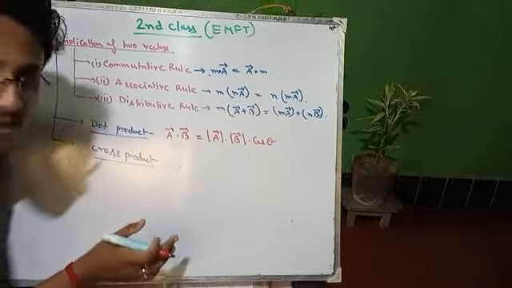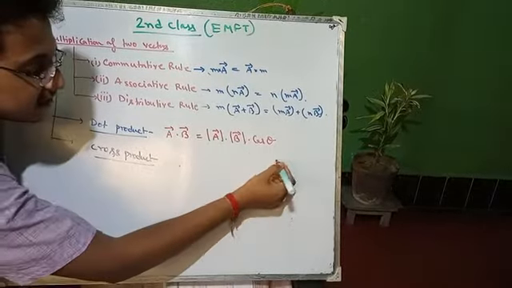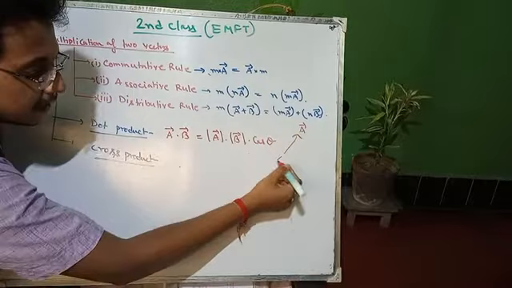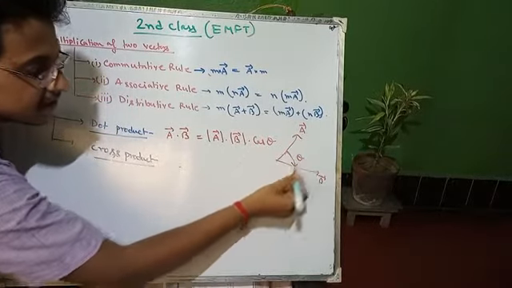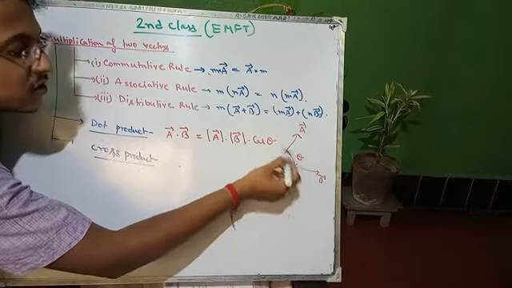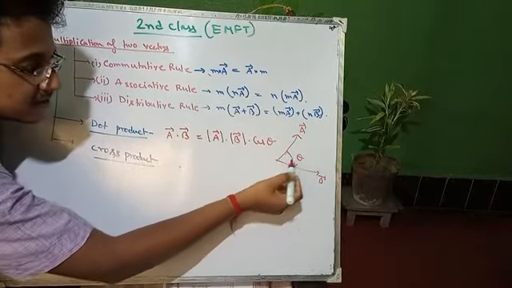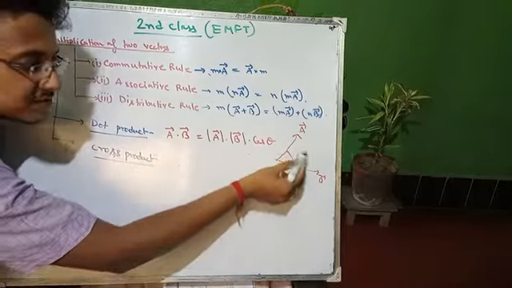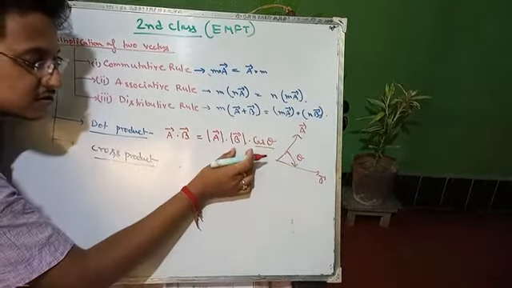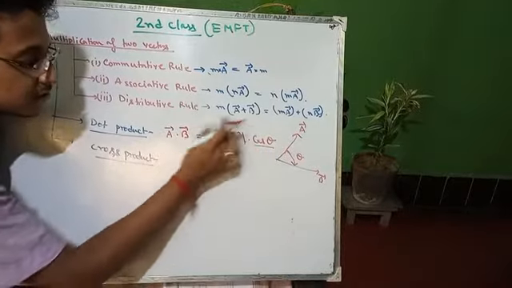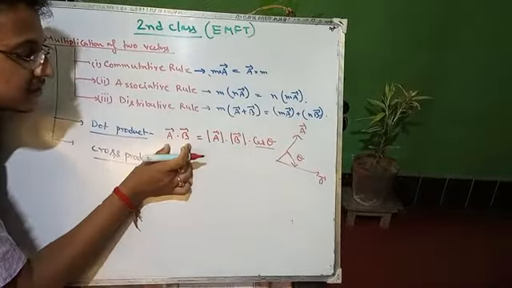So what is the cos theta? If we consider a vector looks like this and b vector looks like this, then the angle in between a and b is assumed as theta, and taking the cosine of this angle theta, we get the cos theta. Then just multiply these magnitudes and the cos theta. If we get the product, then it will be the dot product.